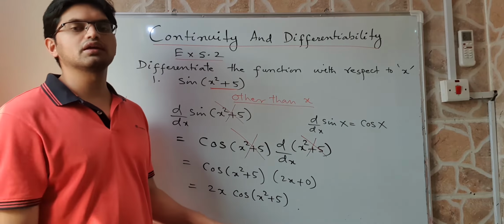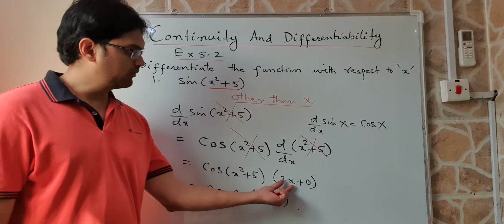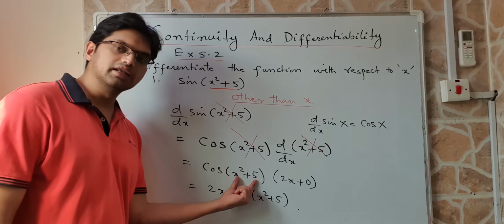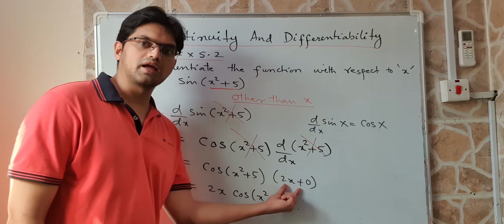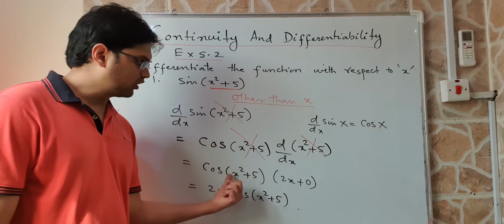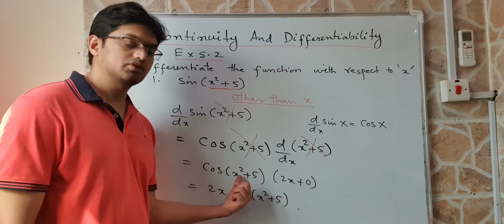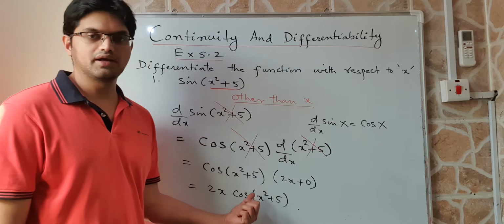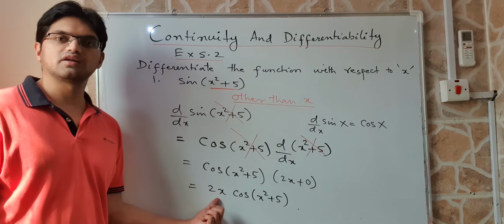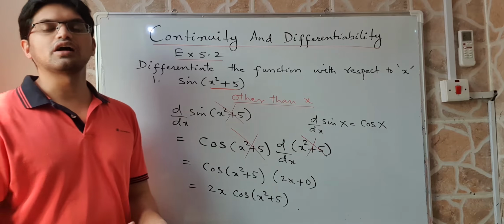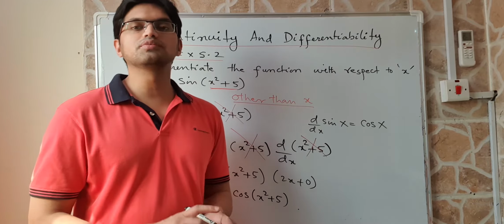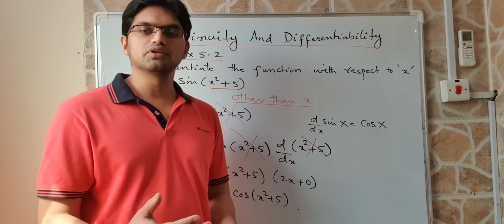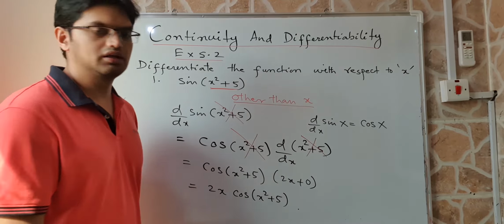One more important thing, students, please do not multiply this 2x with x square plus 5. This is not an angle; that is the angle. So you cannot multiply cos of x square plus 5 as 2x cubed plus 10x. Please do not multiply. Instead, write 2x in front of this. So this is how we do the problems in chain rule. Now let us learn something more. I'll take more examples, then you will understand it more clearly.